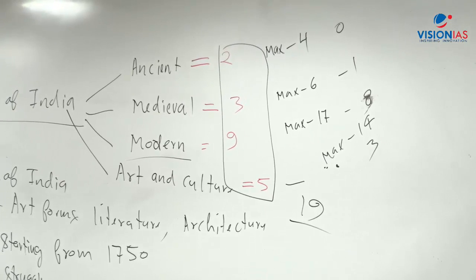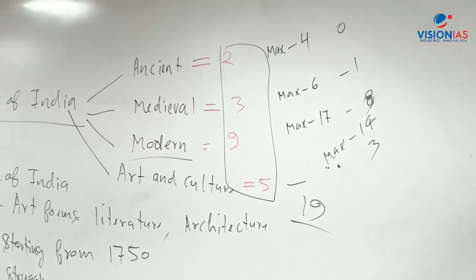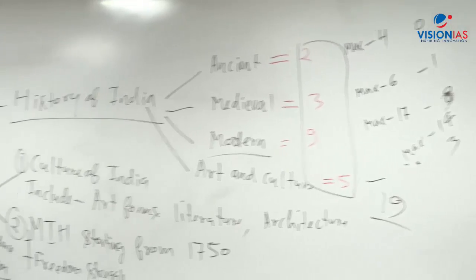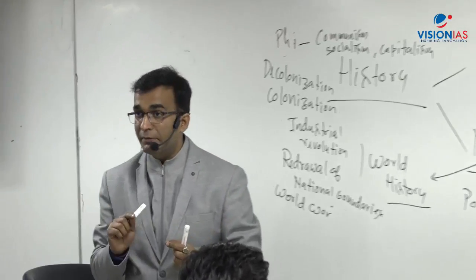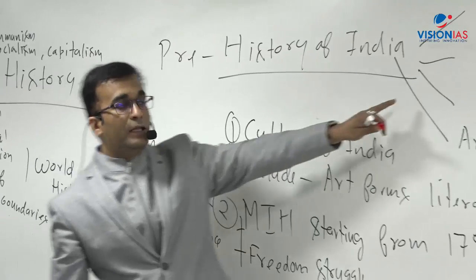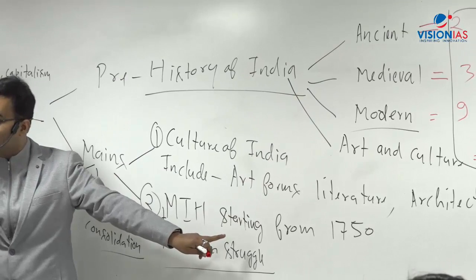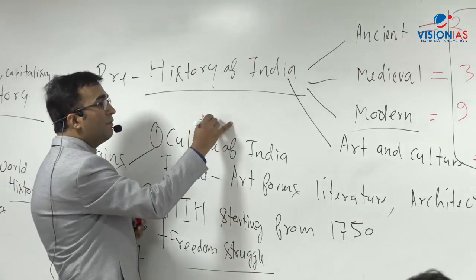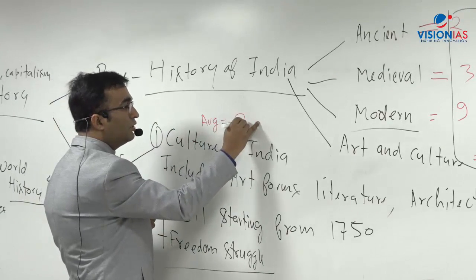Now come to the mains paper. So in the mains paper, what are the number of questions? First of all, the culture section. How many questions were asked from this section? Here also I will tell you the maxima and minima, but first the average number. I said to you that the CSAT pattern started in 2011, but this is the mains, so it will be 2013. So starting from 2013, the average number of questions from art and culture,